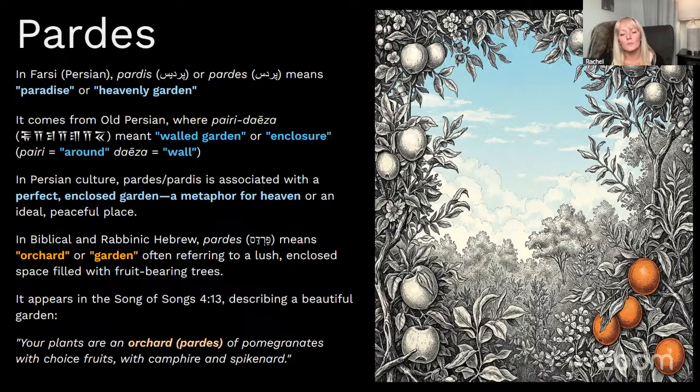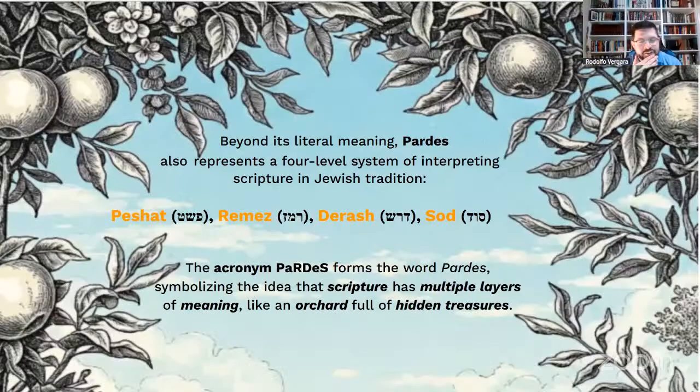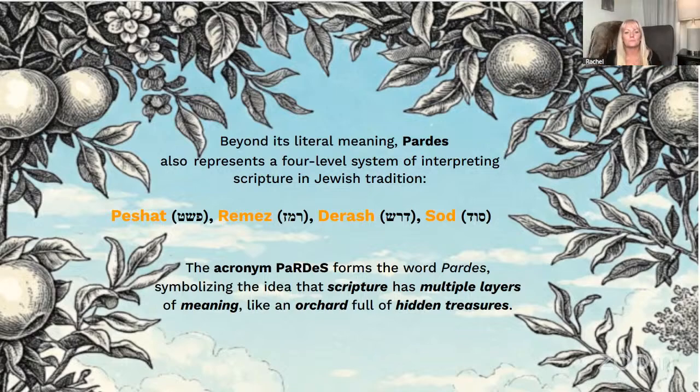This term has been used, let's go to the next slide, to describe a little four-part series of how to look at scripture. This is the idea of exegesis. It's Hebrew exegesis, and exegesis is the interpretation of a text, how we can take a text and convey meaning. The Hebrews had a way that they went through all of these. This is an acronym for that.